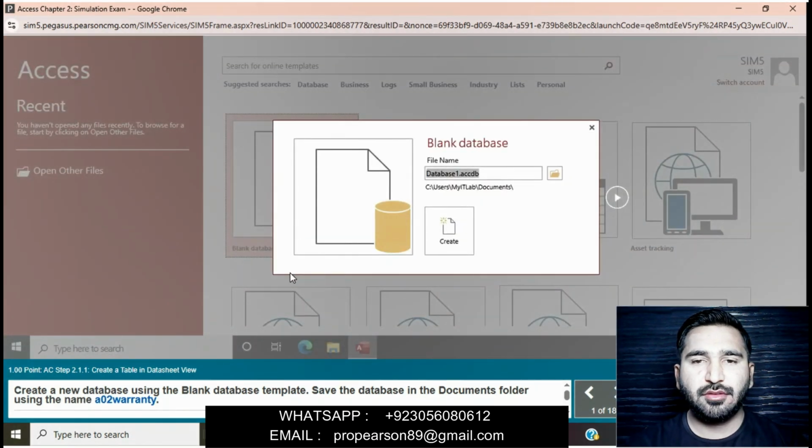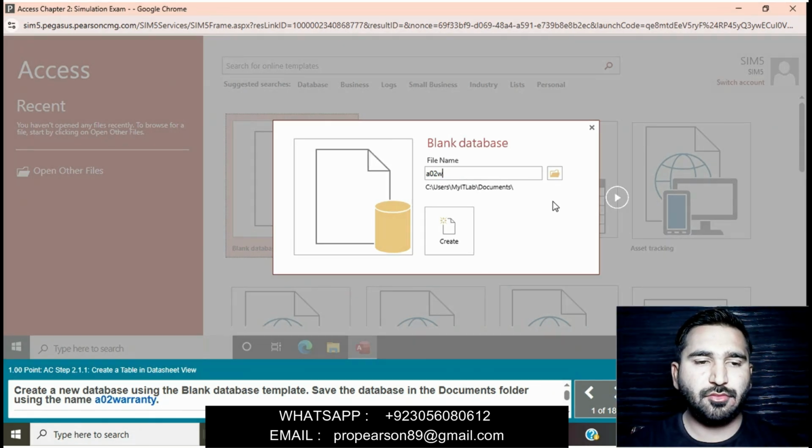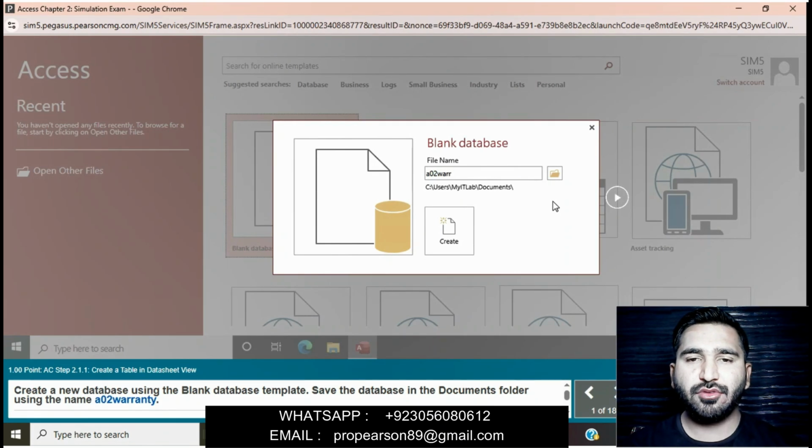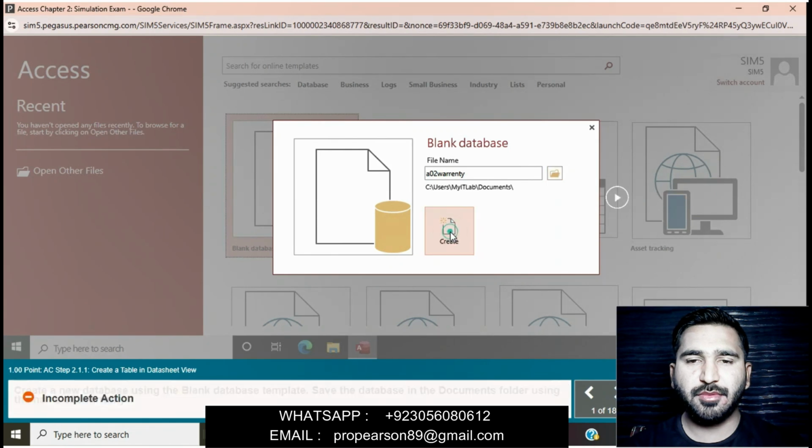Simply right click on this and then click on blank database, and then we will type A02 Warranty. Then go to the browse for a location for your database.